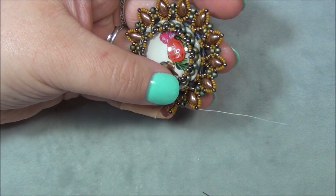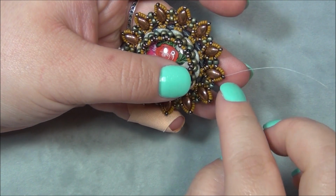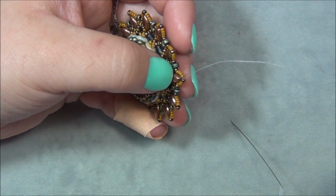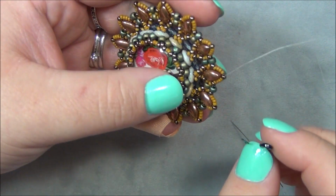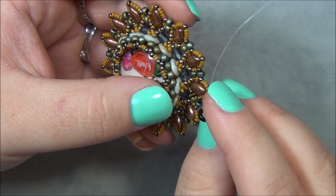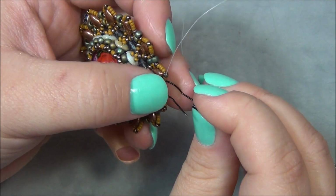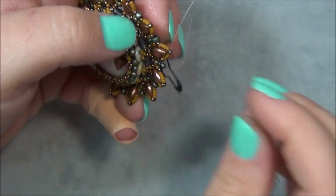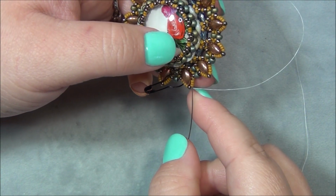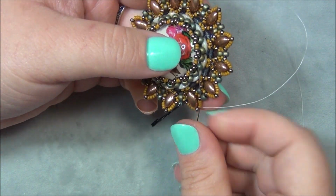And then I'm going to show you how to sew up through this into the top so that you can reinforce this here. So right here is my starting point, and what I like to do as a marker, I started doing this a few days ago, is I take a little safety pin, and right here is where I'm starting at. So I'm just going to put this pin in place, okay, just to show me where I started at. And then I'm going to go through all of these beads again,